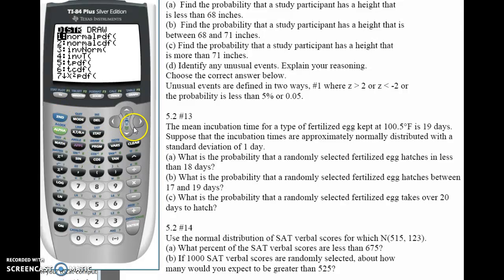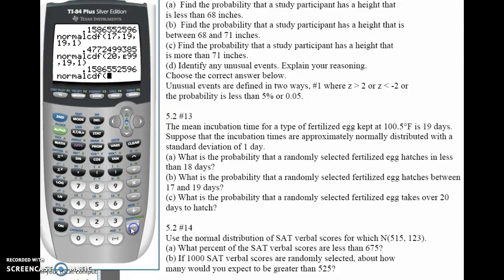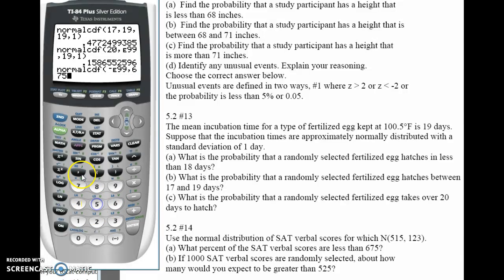Second VARS, normal CDF. We're going from negative infinity up to 675, comma, 515 is the mean, comma, 123 is the standard deviation. 90%,